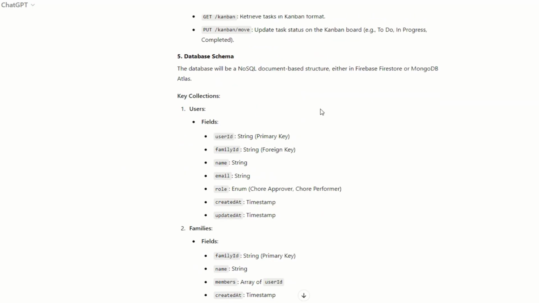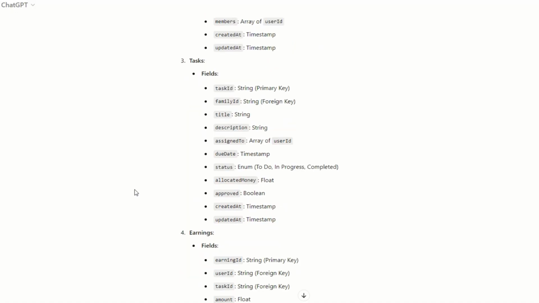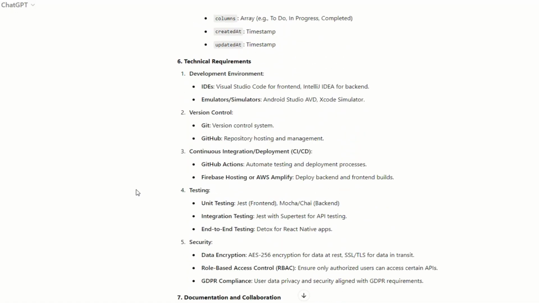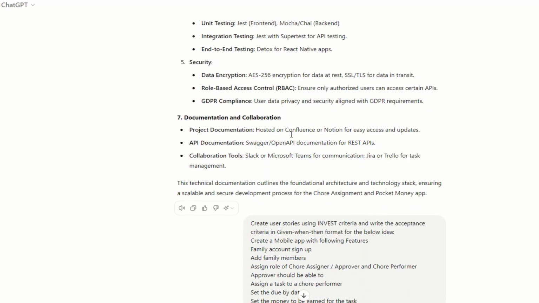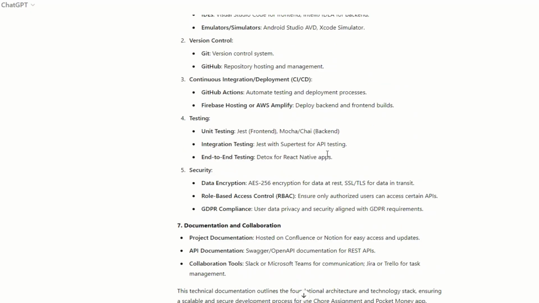It gives us a database schema, which allows us to very quickly create the design for the tables and the attributes within those tables. Further technical requirements are given in terms of the development environment, version control, CI/CD, testing and security, and further documentation and collaboration.